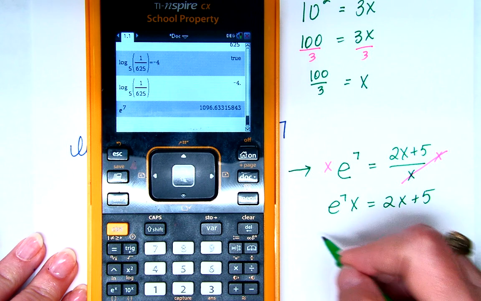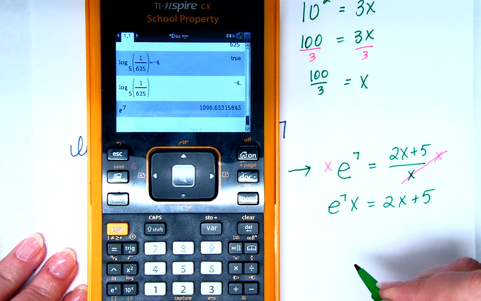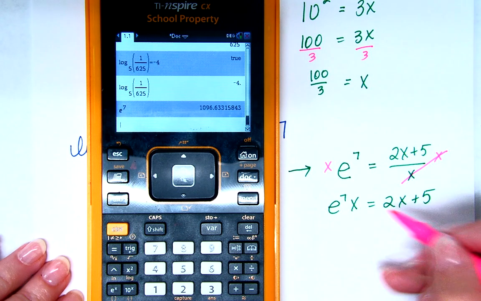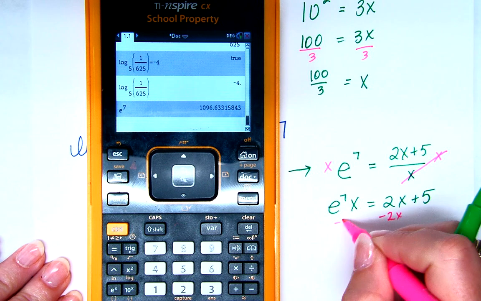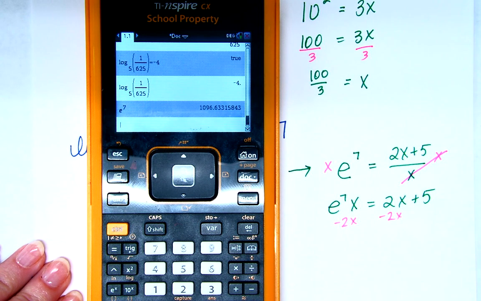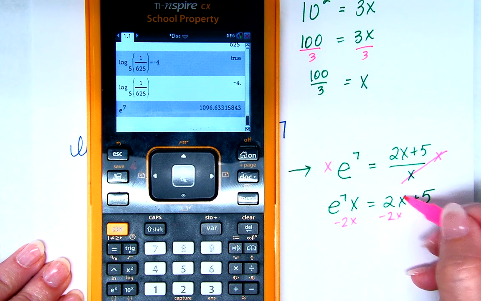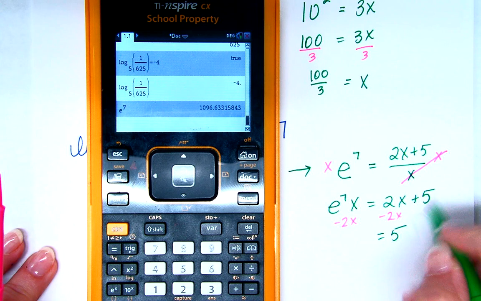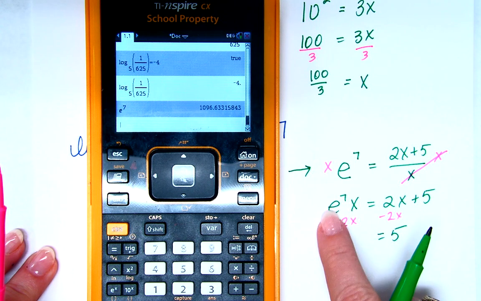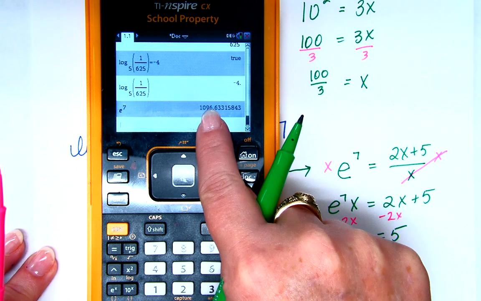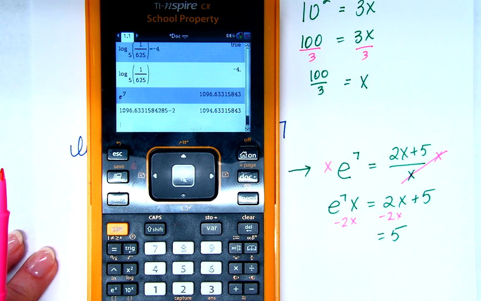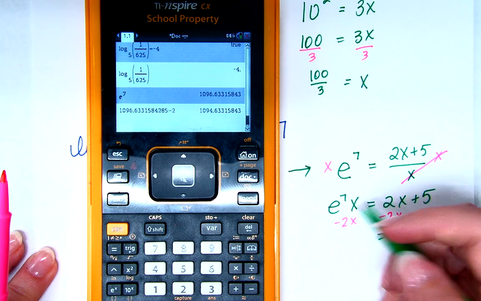Okay, now it's going to get kind of messy here for a second. So we're not going to let our paper get messy. We're going to let our calculator do the messy stuff for us, okay? What I need to do is subtract 2x from both sides, right? Well, if I subtract 2x from both sides, that gives me 0. So on this side I just have 5. And on this side I have this number x minus 2x. So I need a minus 2 from that number. So now I'm going to go ahead and